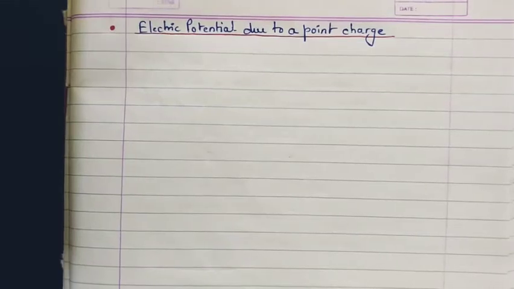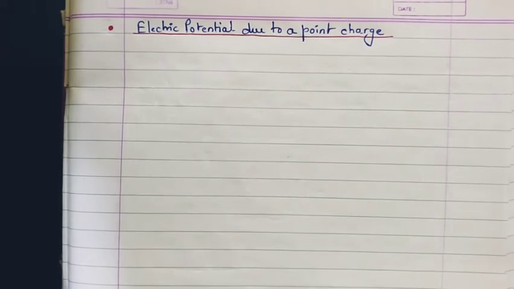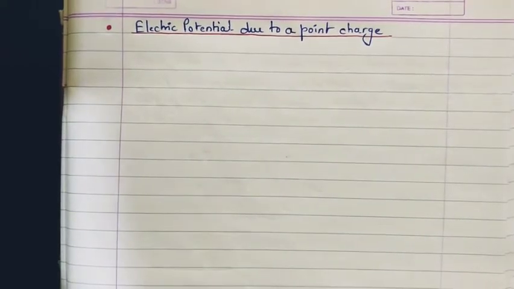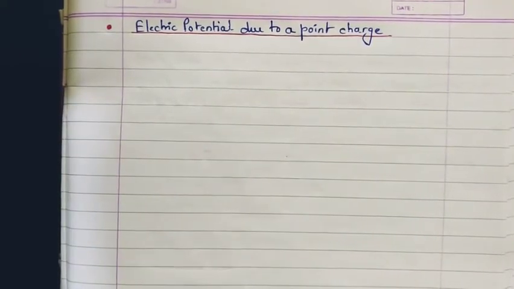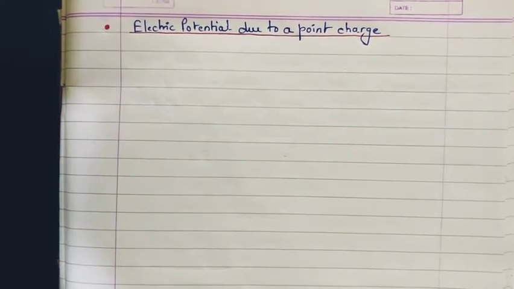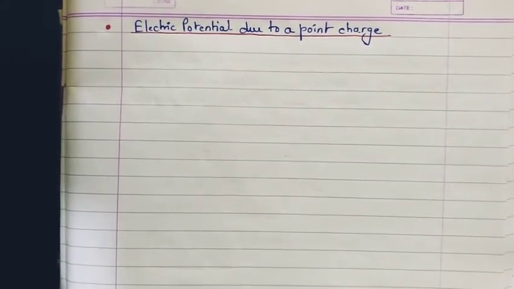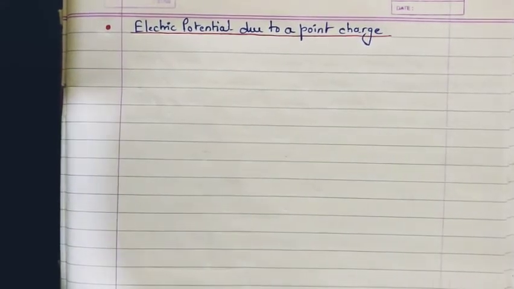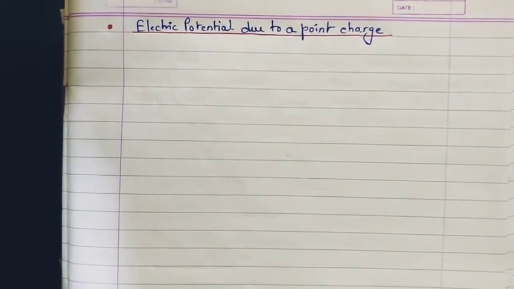Hello students, so in the previous class we learned the concept of electrostatic potential energy and electrostatic potential, wherein we saw electrostatic potential was the amount of work done in moving a unit positive charge from infinity to that particular point against the electrostatic force. V was given by W upon Q, where W was the work done in getting a charge from infinity to that particular point at which we are finding the electrostatic potential, divided by the magnitude of the charge, that was Q. Okay, so this was the thing we saw yesterday.